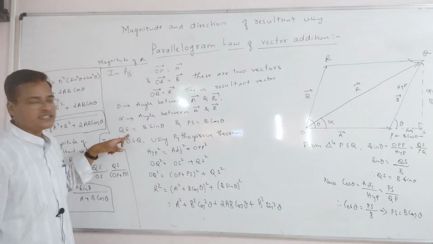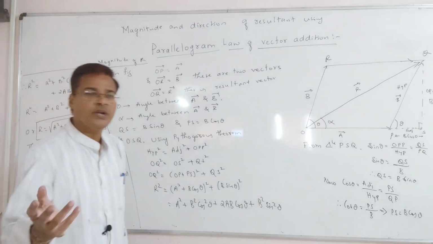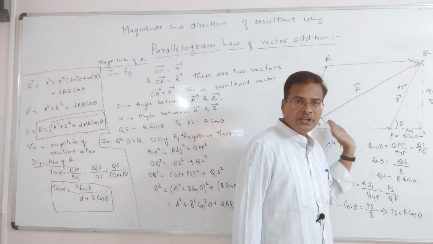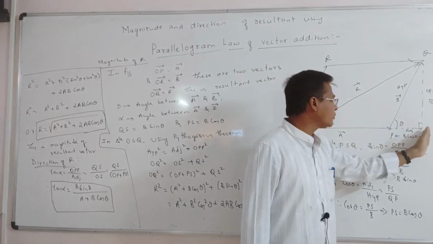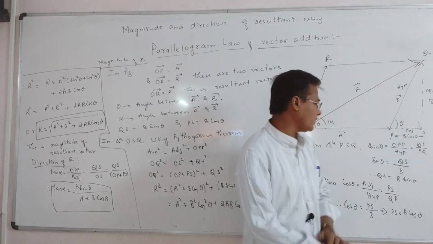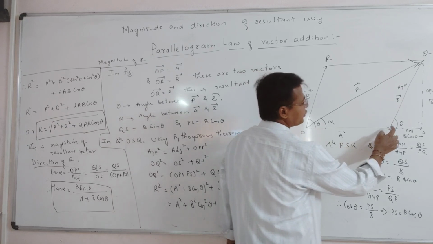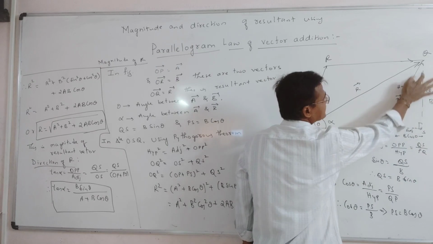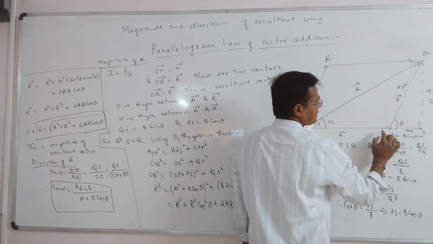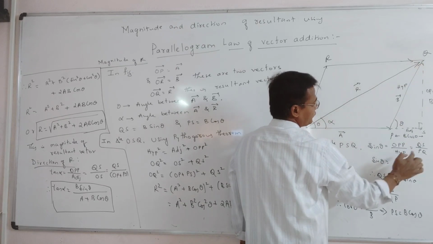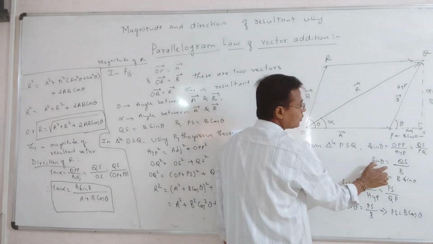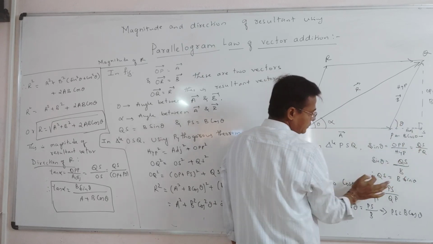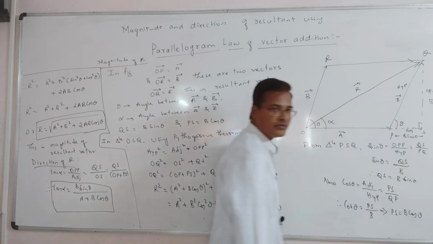So QS is B sin theta and PS is B cos theta. How are we getting this? From this figure. We construct PS; we extended O to P, extended to PS, and this we consider QS. So in triangle PSQ we take sin theta equal to opposite by hypotenuse. Opposite is QS divided by hypotenuse PQ. Sin theta equal to QS divided by PQ. PQ value is B. Therefore QS equal to B sin theta.